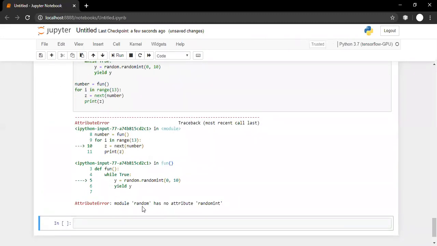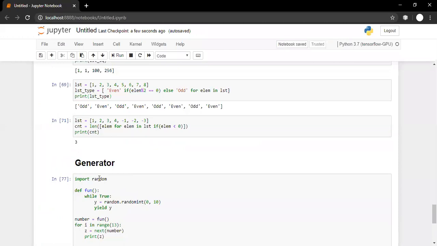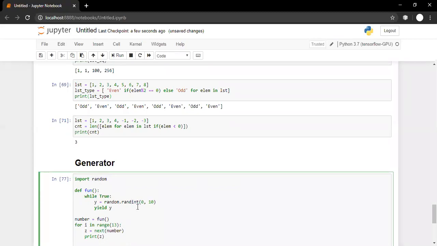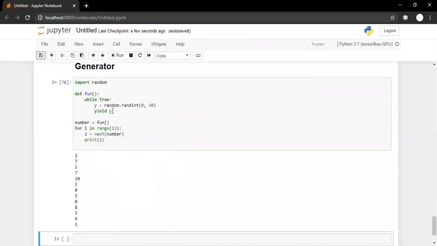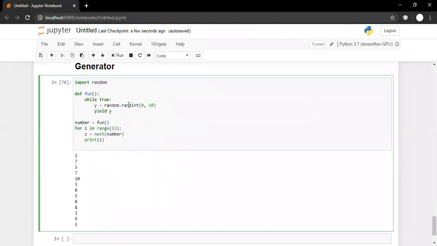Module random. It should be random. Yes. Sorry for my mistakes. Simple typing mistakes.